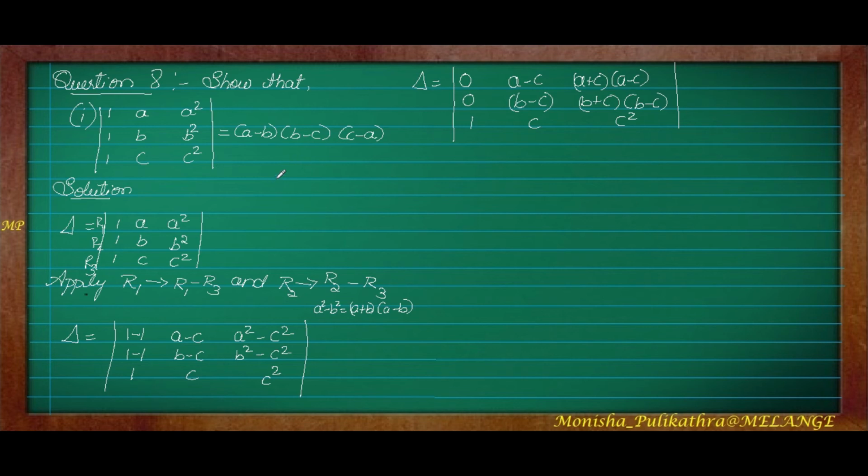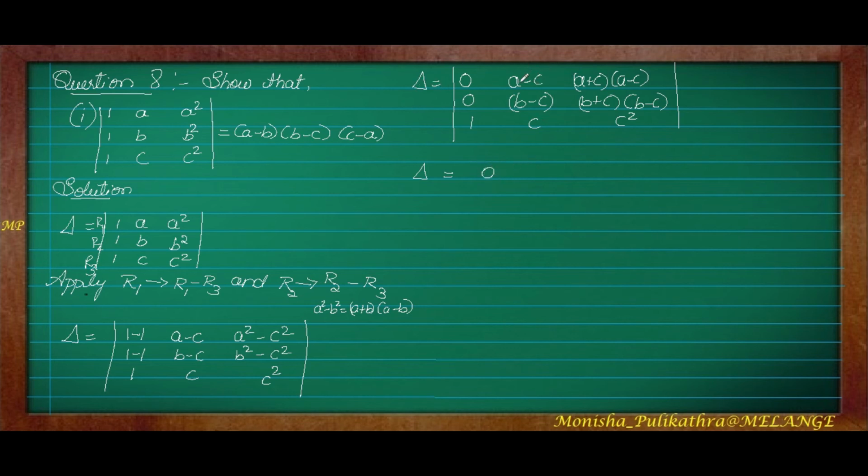Next here it is C minus A. We have to prove in the form of these alphabets itself, right? So here it is C minus A, but here it is A minus C. Next here it is B minus C, and B minus C itself is there. So I will just interchange this A minus C to C minus A. So delta is equal to,